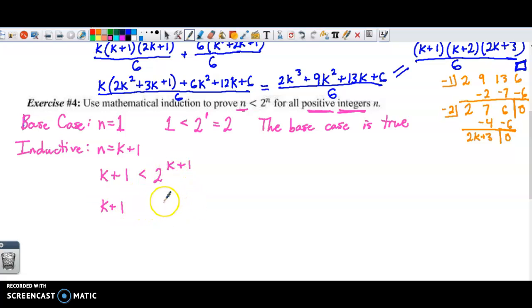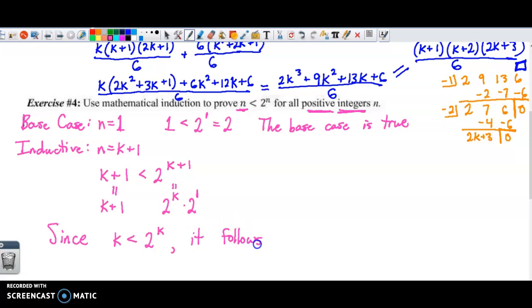But I do know that 2 to the k plus 1 is equal to 2 to the k times 2 to the first, because remember, if you're multiplying with the same base, you add those exponents. So what we need to establish is this statement somehow. These two things are equal and these two things are equal. And we already know that 2 to the k is bigger than k. So since, I'll write it this way, k is smaller than 2 to the k, it follows,